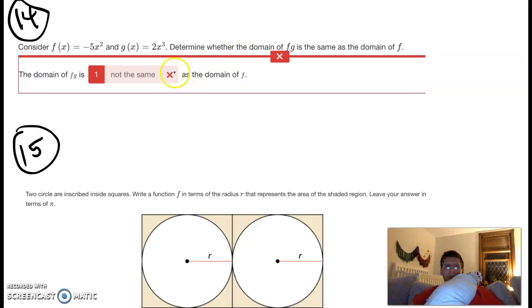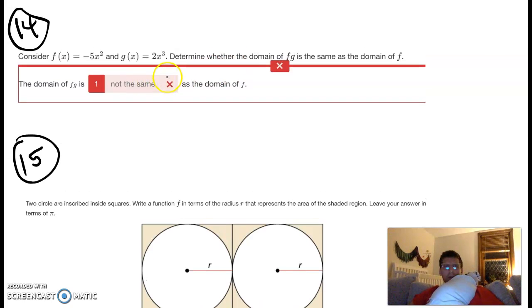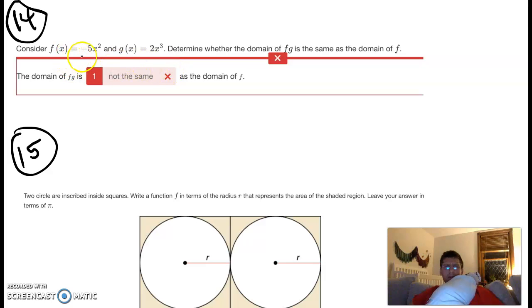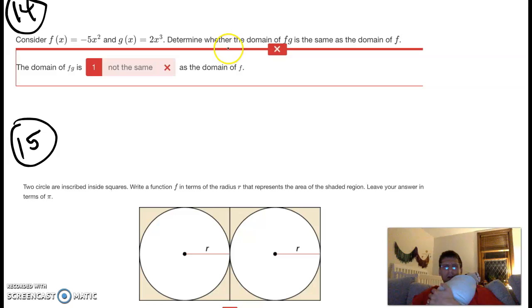Alright, so let's look at this last one before I have to make a second video, because I'm running out of time on my plan. So, consider f of x as negative 5x squared. G of x is 2x to the third. Determine whether the domain of the product is the same as the domain of f. Well, looking at these, neither of them are square roots. They both have a domain of all real numbers. We could plug in any x value and have an output. There's nothing divided by x. So the product would also have the same domain, all real numbers in both